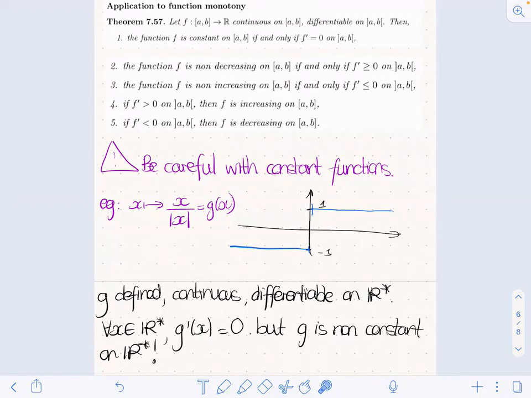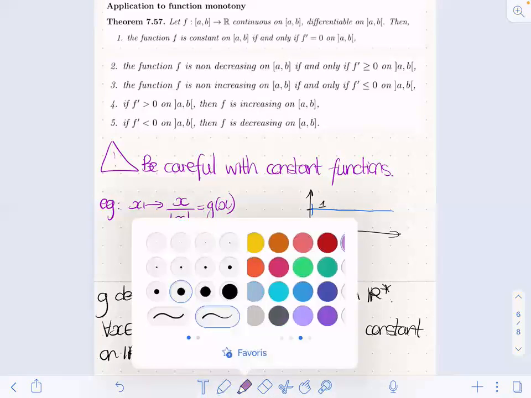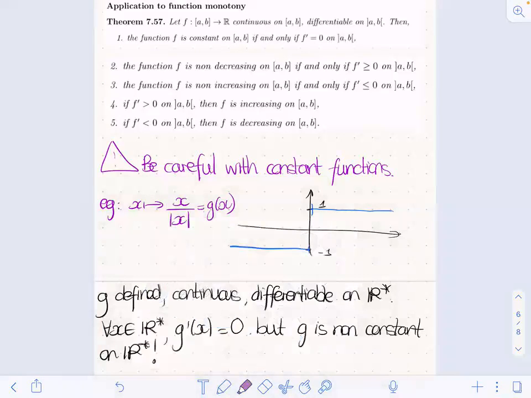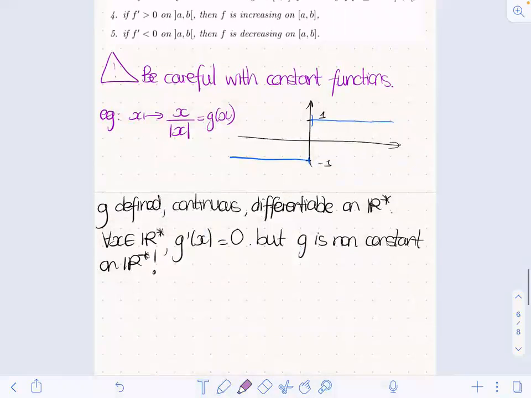And you can't have a gap in an interval. Yeah, you're absolutely right. That's the really important thing about this statement: you've got to take into account the fact that you're constant on an interval a, b, if and only if f prime is equal to 0 on that interval. And here, this doesn't contradict